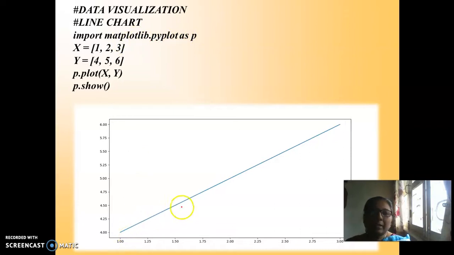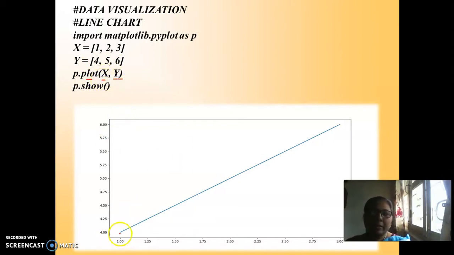We have to create a series of data points connected by lines. So the points on the x-axis are 1, 2, 3 that I have taken. On the y-axis I have considered the points 4, 5, 6, and I am plotting the line chart with x coordinate versus y coordinate.